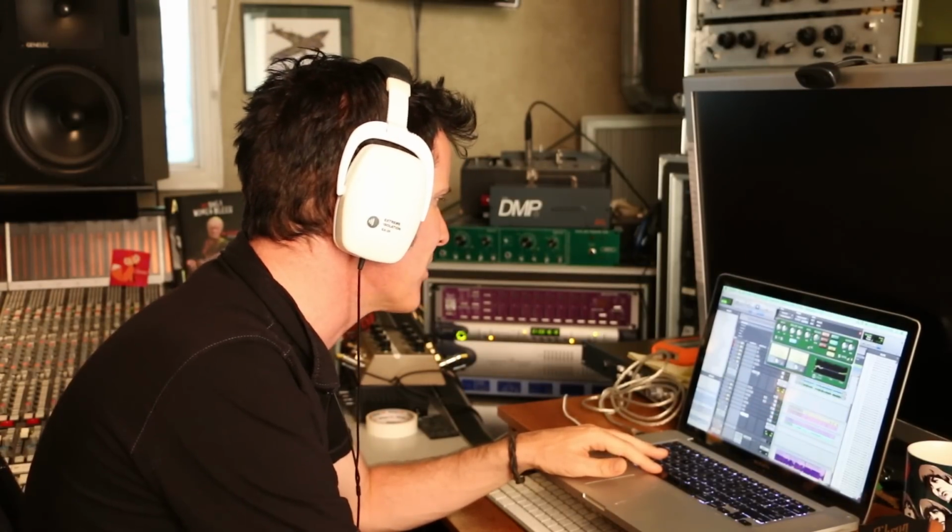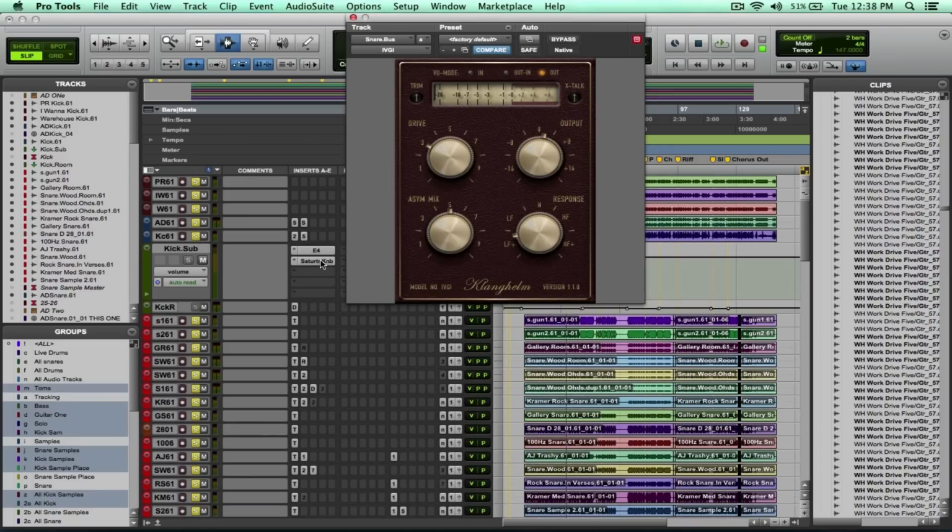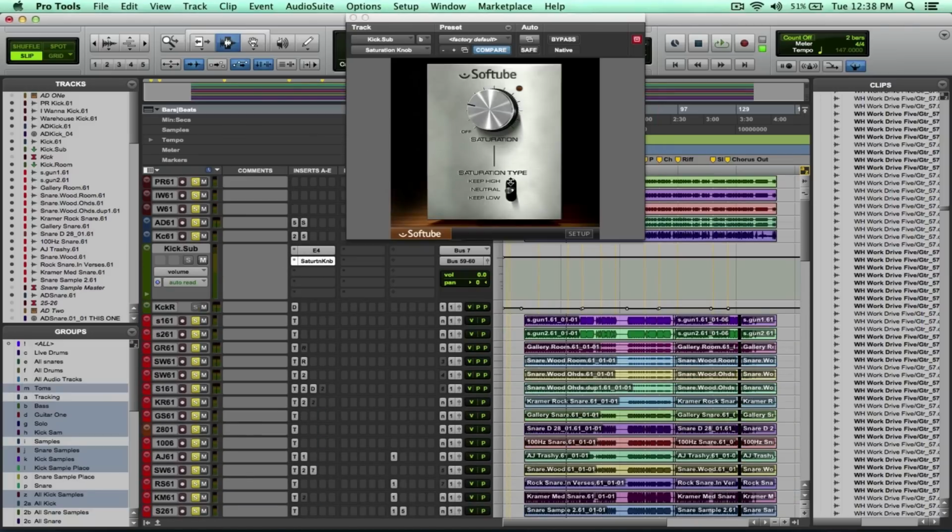I will say now, listening to it, I feel like I'm hearing too much drive, so I'm going to bring down all my drives. I'm bringing it down to my snare here. I'm going to go back to my kick here on the sat knob. I might